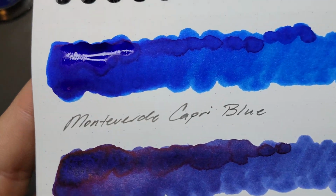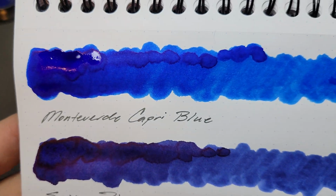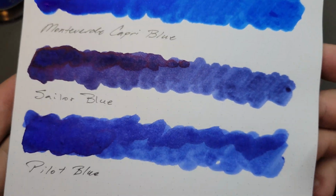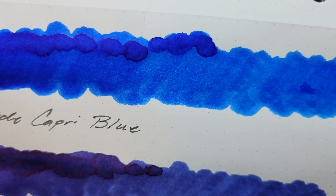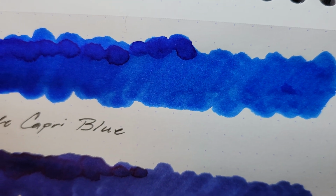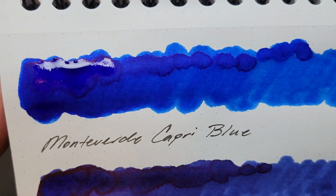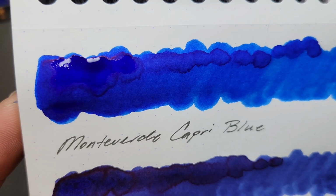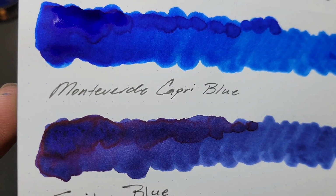And then the last one, Monteverde Capri Blue. You can see how it just pops out. In comparison to those other two, it just pops off of the page. It's just a happy, summery blue that I absolutely eat up every time I use it. It hasn't dried all the way, so it might be a slower dryer. I think it probably has more